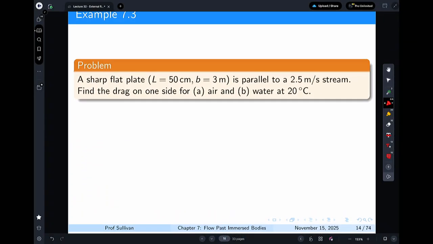All right, another one. Sharp flat plate, length of 50 centimeters, b of 3 meters, is parallel to a 2.5 meter per second stream. Find the drag on one side for air and water. And again, you'll notice there are a lot of differences as you go from one to the other. So for air, excuse me,